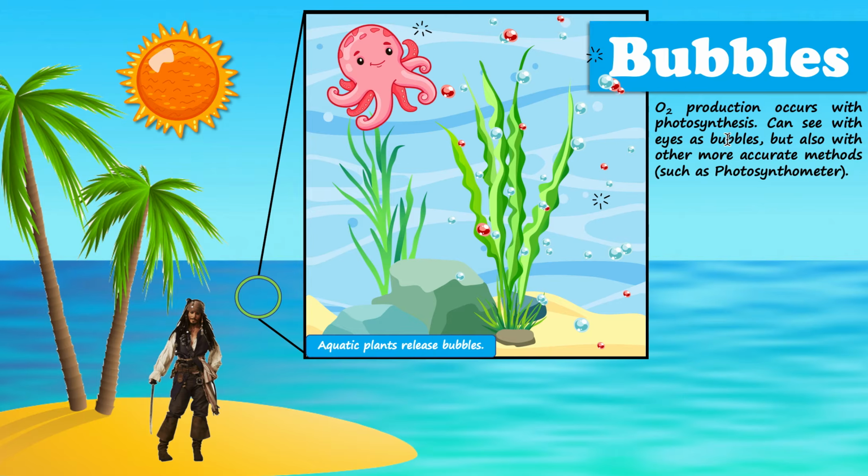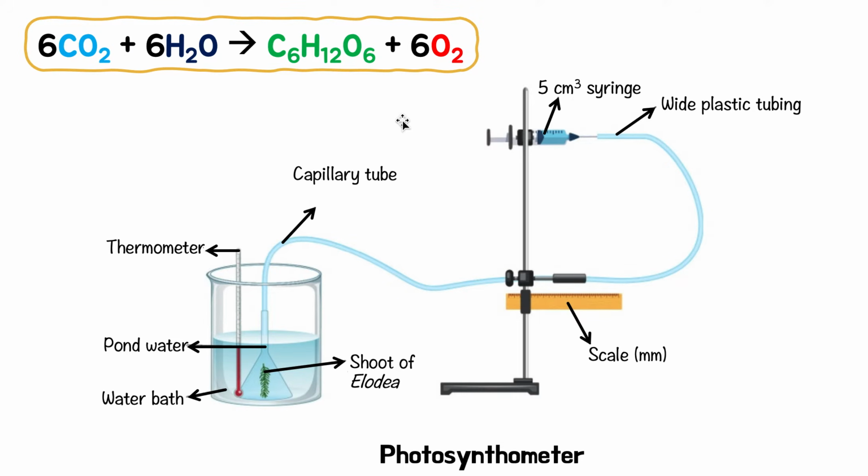We can see with eyes as bubbles, but also with other more accurate methods. So for example, if you don't have an aquatic plant or you don't want to count the bubbles because that's not very accurate, you can use something called a photosynthometer. Let me show you. It looks vaguely like this. So you have a little beaker, you have water, you put your aquatic plant there in a little container, and you connect a pipe to it,